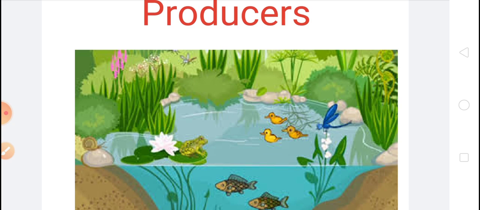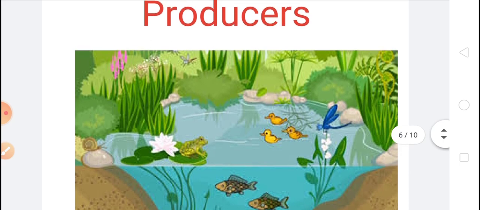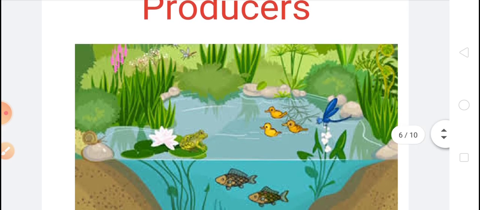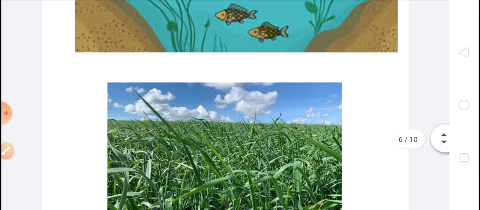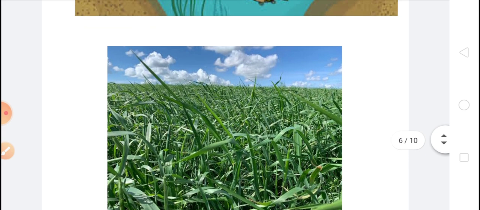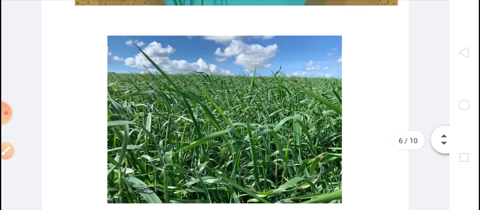Biotic components are the living components of a habitat. For example, animals, plants and other microorganisms are the biotic factors of a habitat. Children, animals depend on plants for food, oxygen and shelter. We humans also get medicine, food, spices, rubber, cotton and jute from plants. And plants depend on animals for pollination and dispersal of seeds.